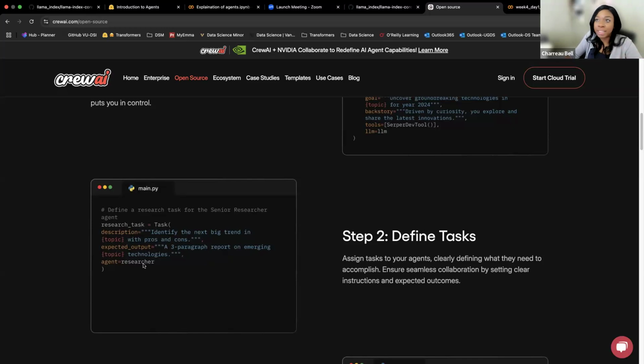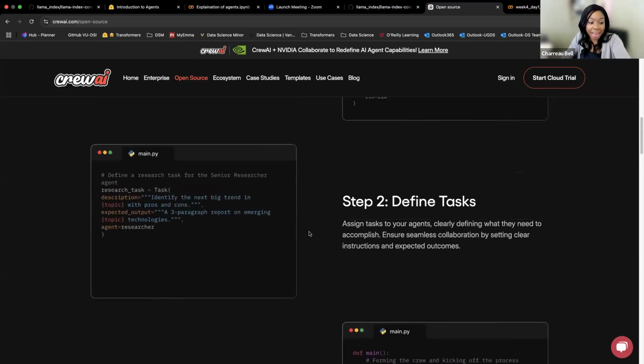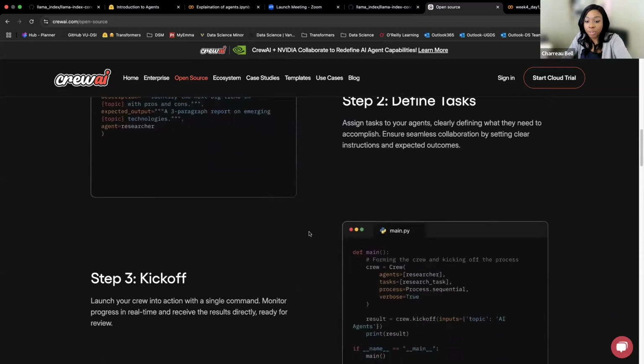So for example, there's lots of things I could do. I could create a graphic for, I don't know, an event or something. But me, like Charreau Bell agent, terrible at this. You don't want her to execute this task. She's bad at it, even with generative AI. Okay. You want someone else to do this thing. We might have that task be maybe our social media marketing person, and not me. I'm terrible.